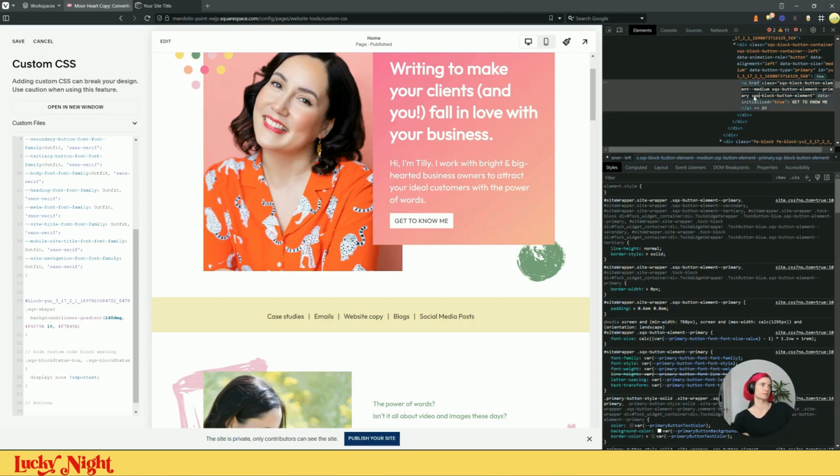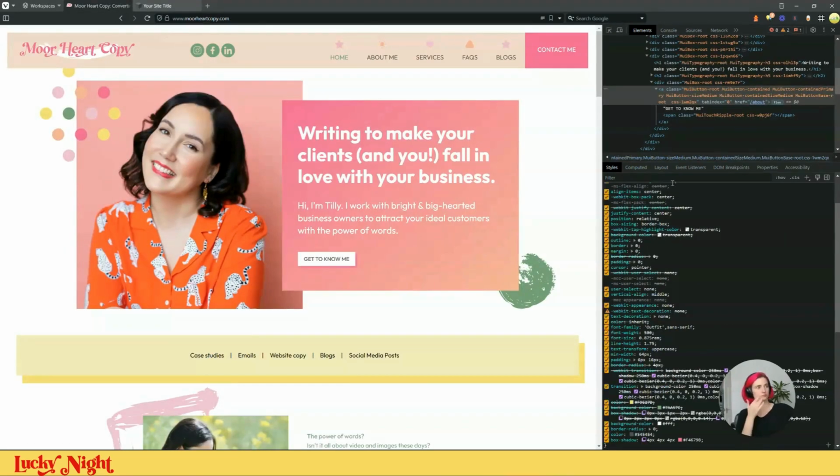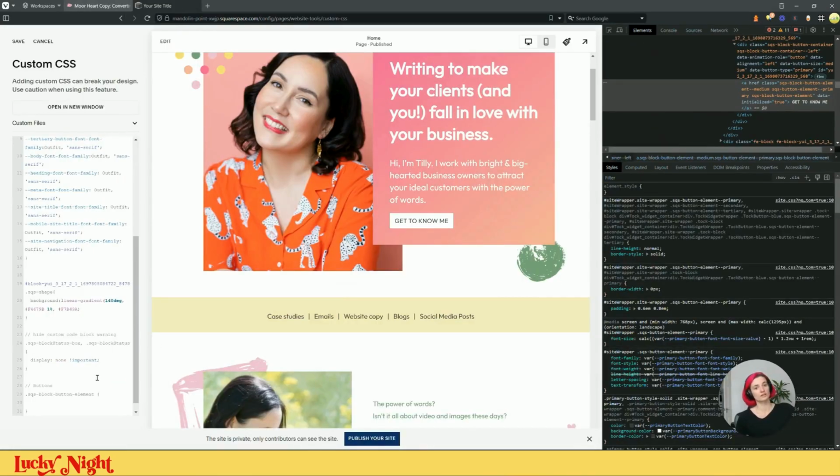Primary. Let's just grab this one because I'm going to want it for all of them. I'm just going to need to change the color. What we want to do is add this box shadow. Now, usually, obviously, I would use the